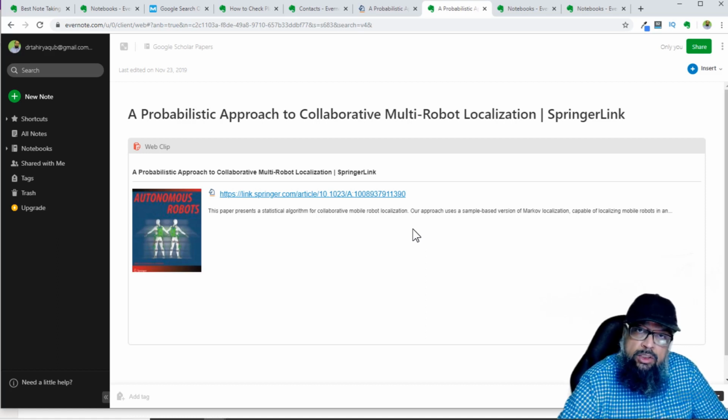So this is how you can store any important information from the internet to your Evernote application by using this Chrome extension called Evernote Web Clipper. Very useful, and in particular for research students, for teachers who are creating contents, looking for information and trying to gather information on a particular topic, you can use this application.